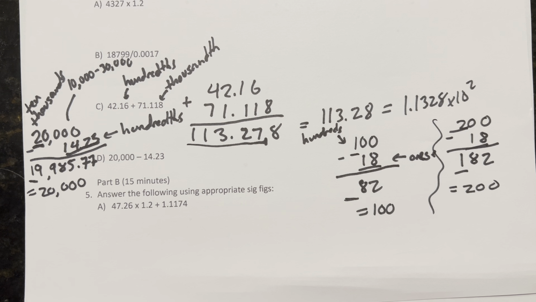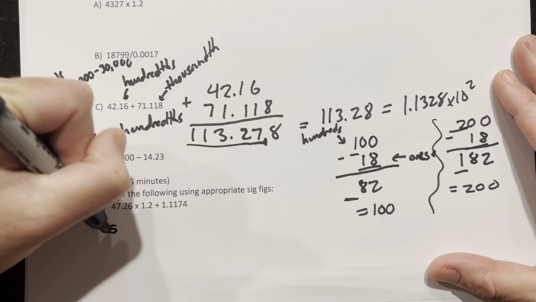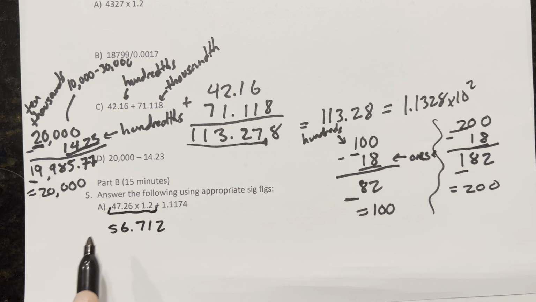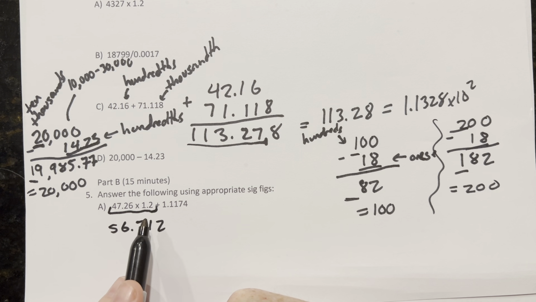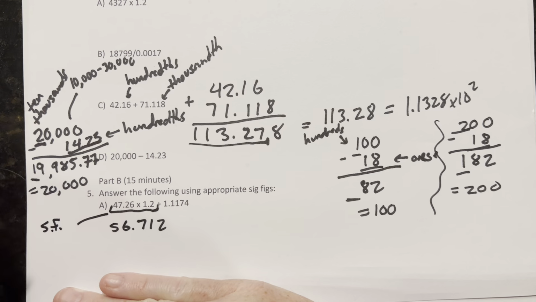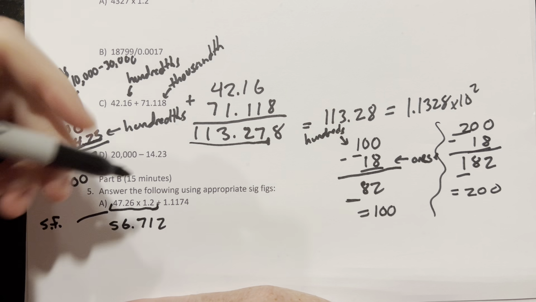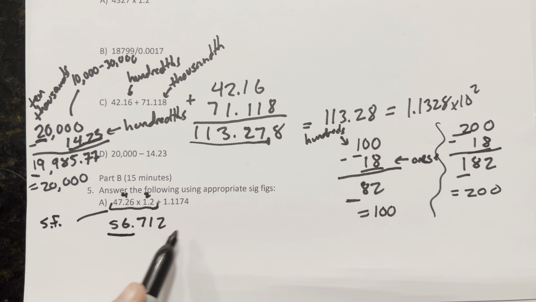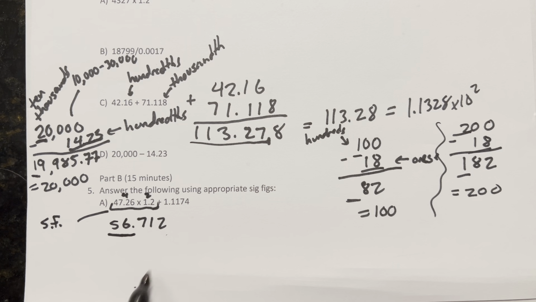right? So we're gonna do 47.26 times 1.2. And I get an answer of 56.712. And just keep in mind, when we did this, we multiplied. Multiply means we're looking at sig figs. So this one had 4. This one had 2. So this answer should technically have 2. I'm not going to do anything with these extra numbers yet. I'm not going to get rid of them. I'm going to use them in the next calculation, but I'm going to keep in mind that I should only have 2 sig figs here, to which we're going to add